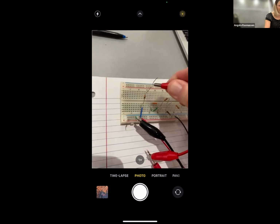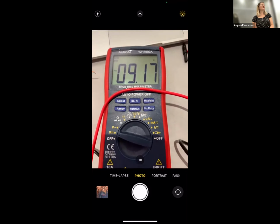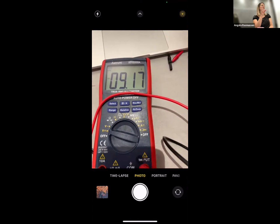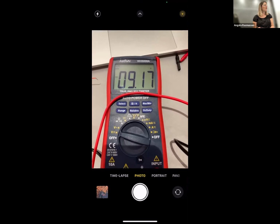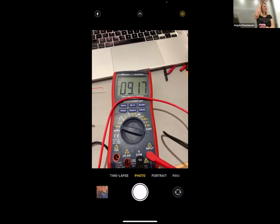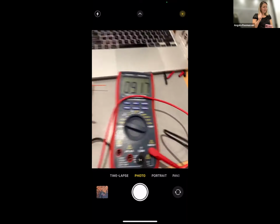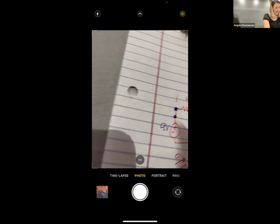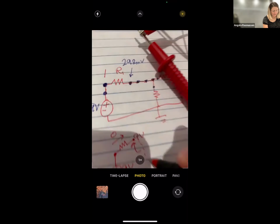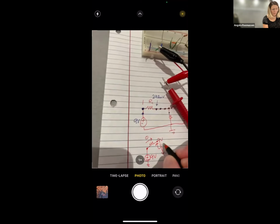So as I measure here, I can grab that. You see that, yes, there's no current going through there, which means no voltage across that resistor. You have to have a closed loop in order for current to go through it. So I have to have some way of connecting this to ground, but because it's open and